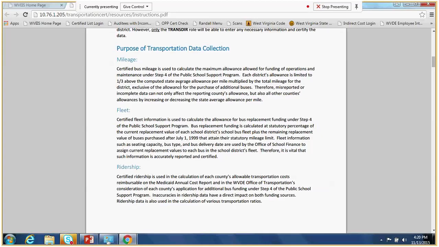As an example of how the Office of Transportation reviews counties' applications for additional bus funding, when a county has increased enrollment in a given school year, they are able to apply for additional bus funding. However, if you had an increase of enrollment of 2 or 3 students and you request funding for 4 or 5 buses, there might not be justification for that on the application. However, if you provide justification on the application, which we will send out later this month,